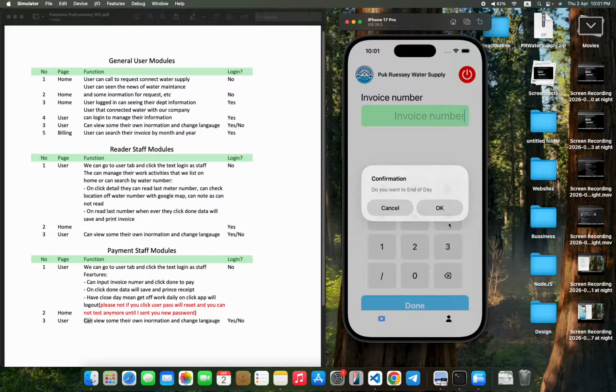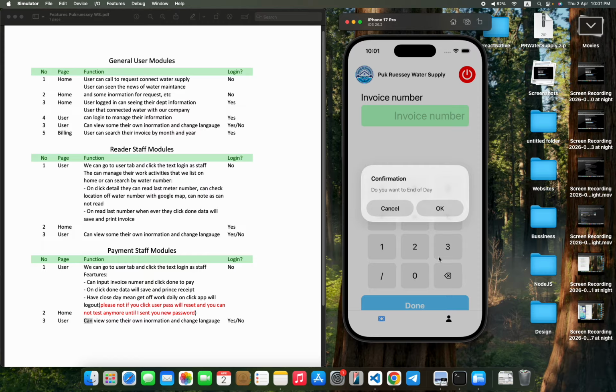It means they get off work. If they click OK, the user's password will reset and the app will log out, and they cannot log in again until I send the new password the next day. Yeah, I hope you understand what I mean.